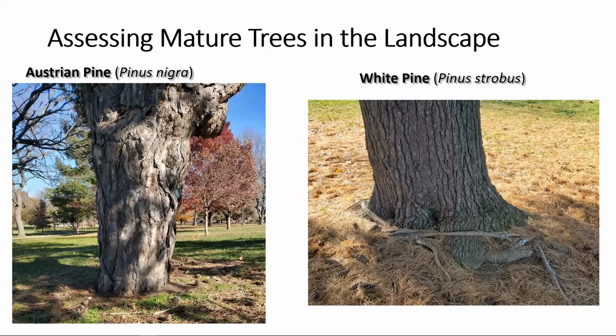I think with a completely healthy tree, in that case, I'd probably be pretty comfortable cutting those girdling roots. And I don't really have a great recommendation for what is the size of girdling root you can cut successfully and not expect to impact the plant. I think it involves assessment of the canopy health and other signs. In the case of this white pine, it was a really healthy plant. It had some phenomenal annual twig growth. And so I would feel comfortable in this case cutting a girdling root that size.